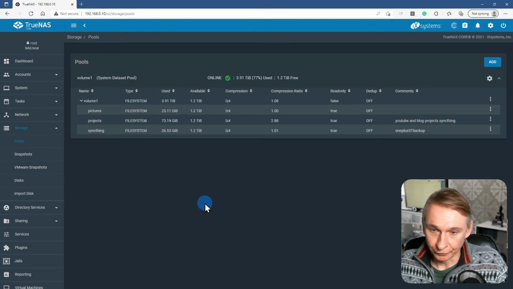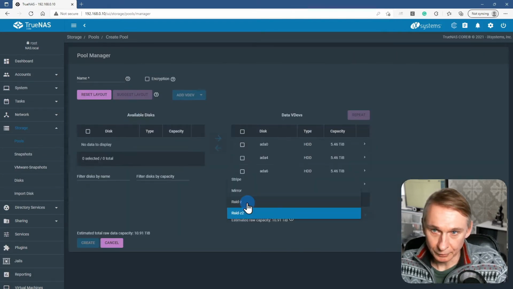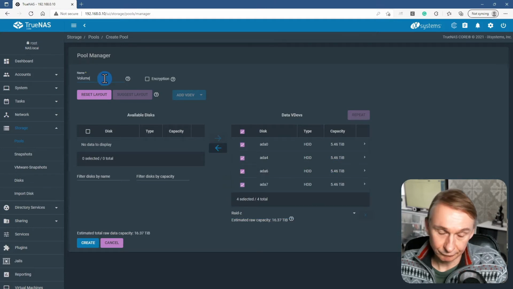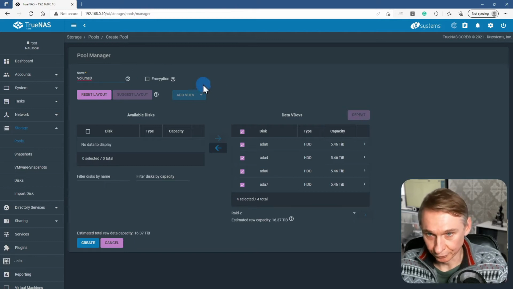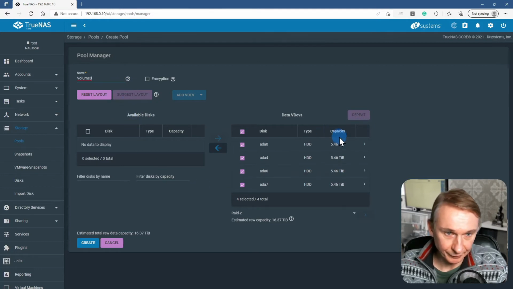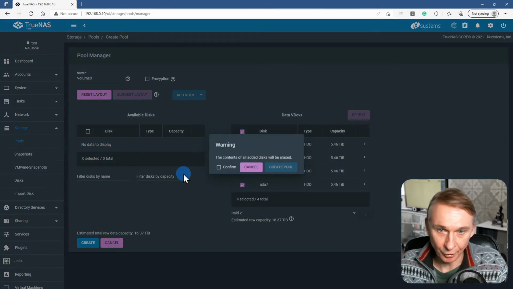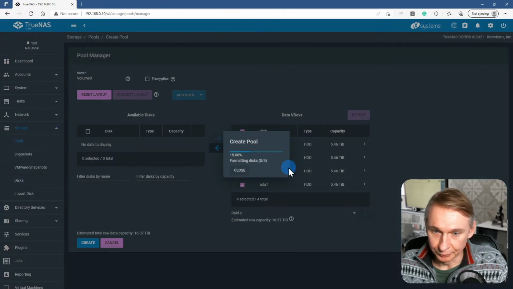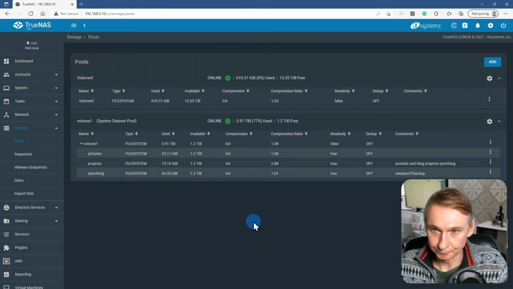So here I'm going to show how I create the new volume from the disks that were before in my volume RAID 5. I was not happy with my choice of name. I typed volume with an uppercase V. Creating the pool, and the pool is being created. To go further,